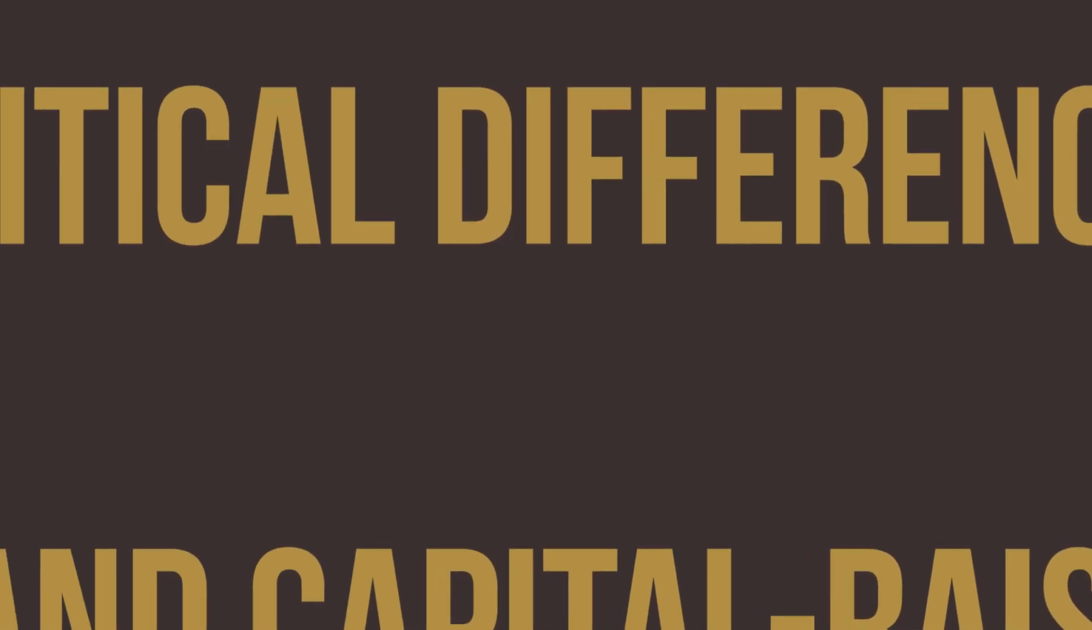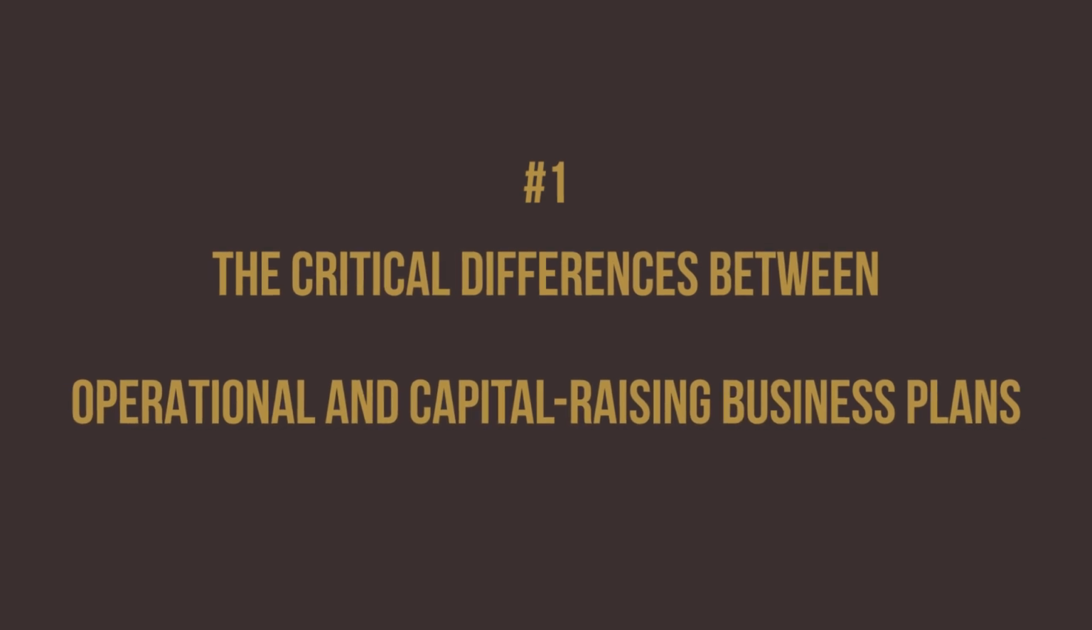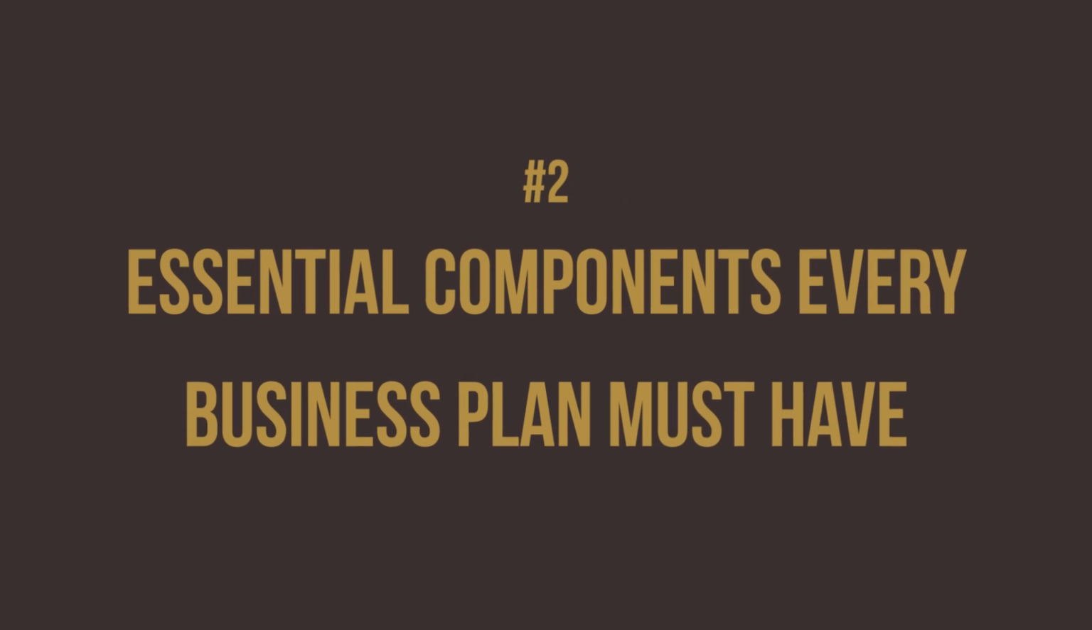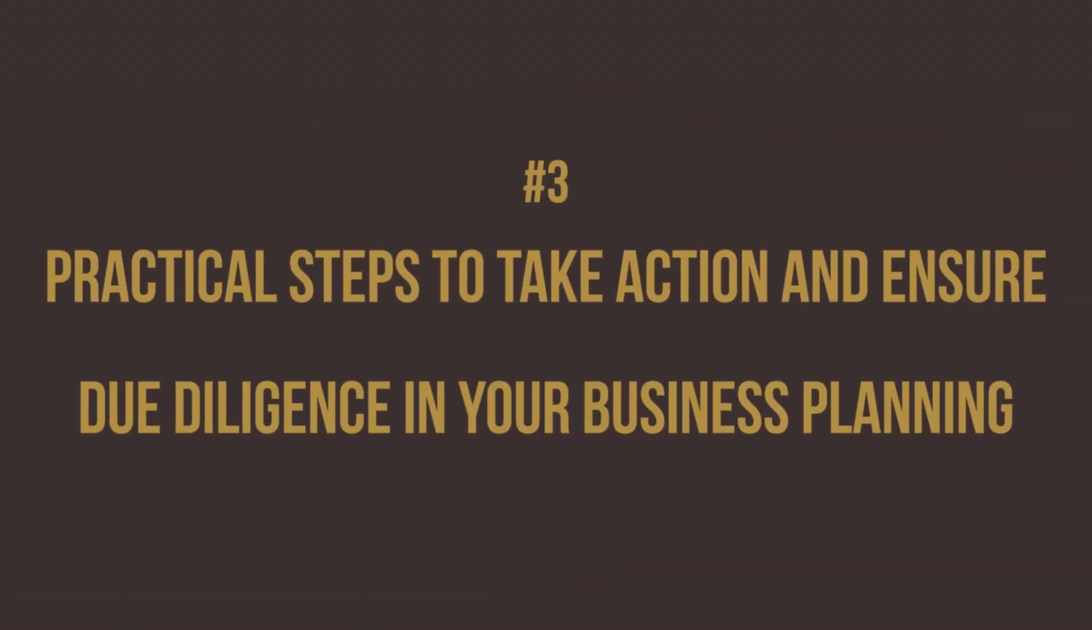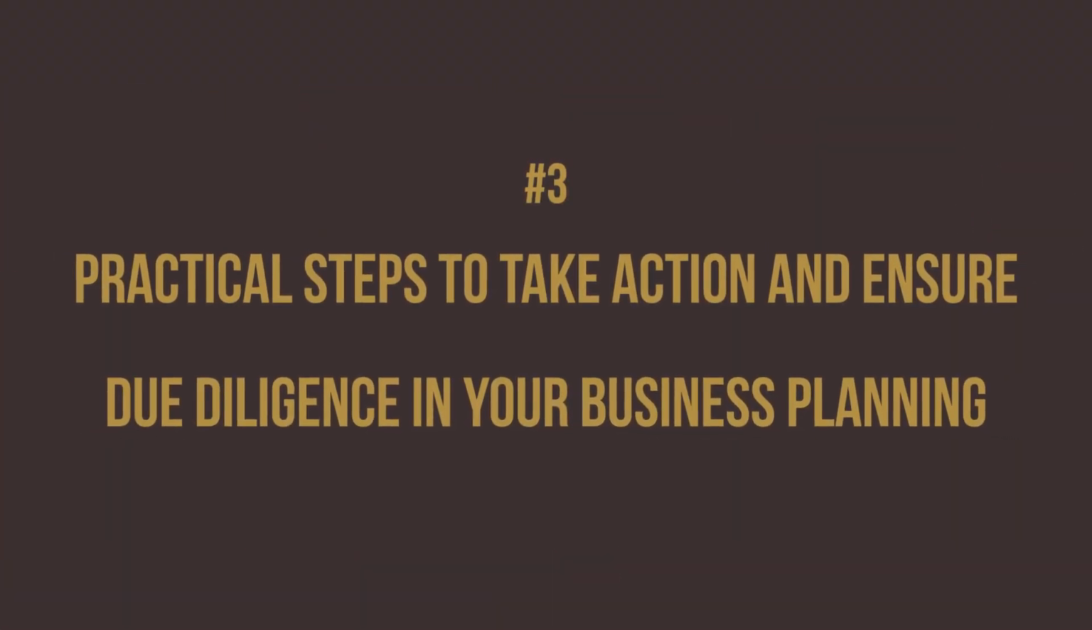So we're going to talk about the critical components of an operational and a capital raising business plan. We're also going to talk about the essential components that are necessary to have in the core business plan, because some of these are esoteric things. Are they really needed? No. We're going to get to the core things you absolutely have to do to get operational and capital raising. Very different core things. And then last, let's talk about practical steps to take action, due diligence, and get this